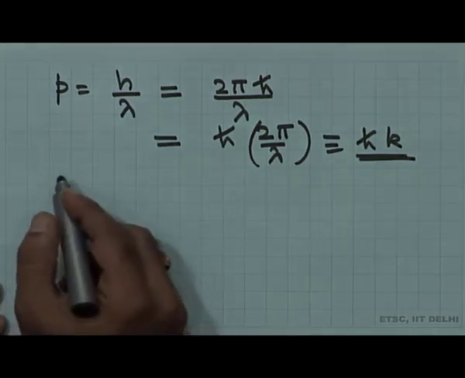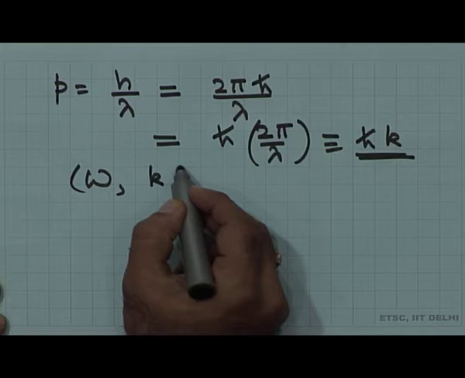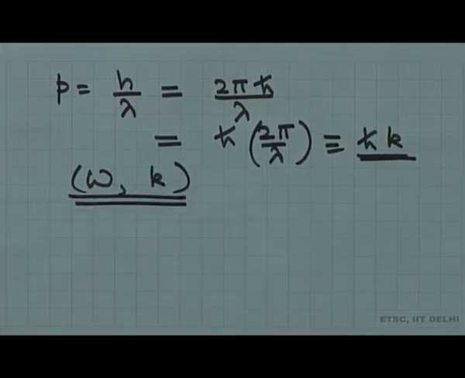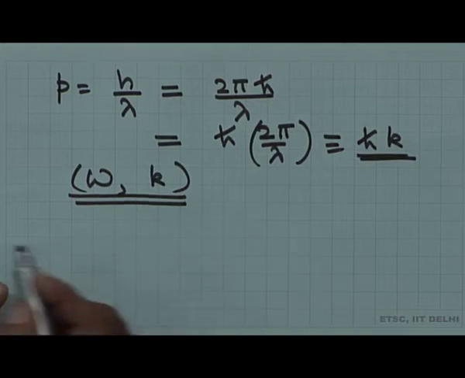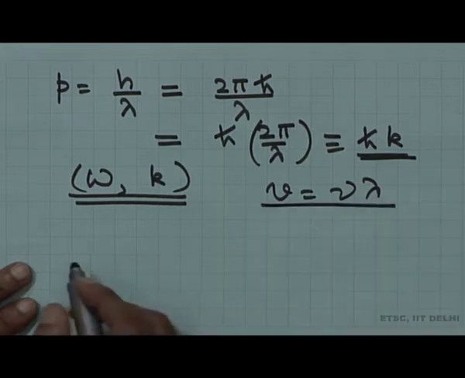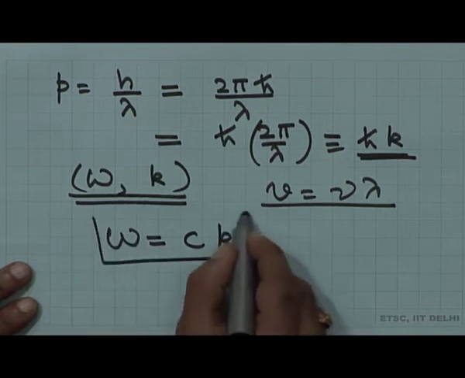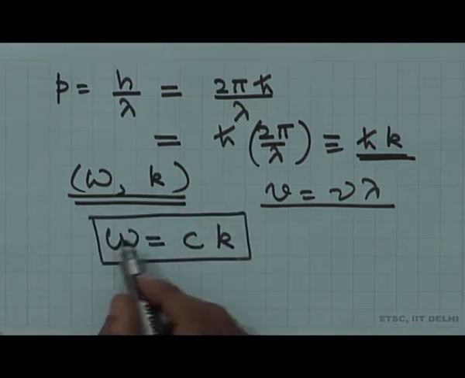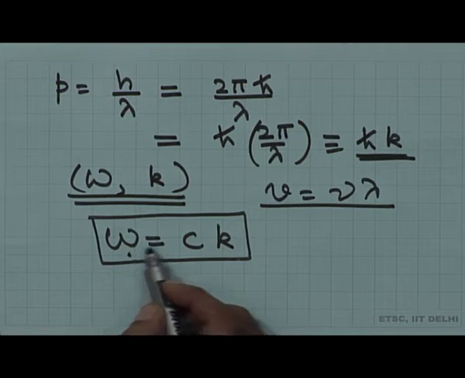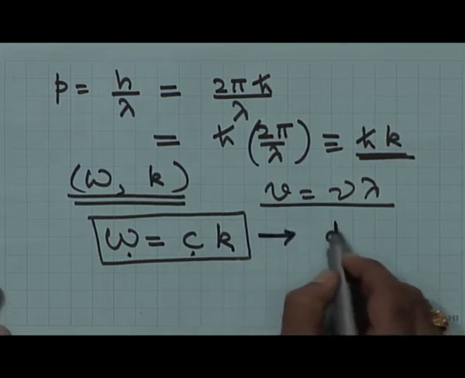So the standard notation is that you describe the wave properties in terms of the angular frequency omega and the wave number k. So what would be the relation between omega and k vis-a-vis c? When we wrote it in terms of nu and lambda, we wrote c equals nu lambda. The same relation becomes omega equals ck. So this is the standard way we represent the relation between the angular frequency of the photon, the wave number of the photon, and the speed of light. And this relation is what is called a dispersion relation.